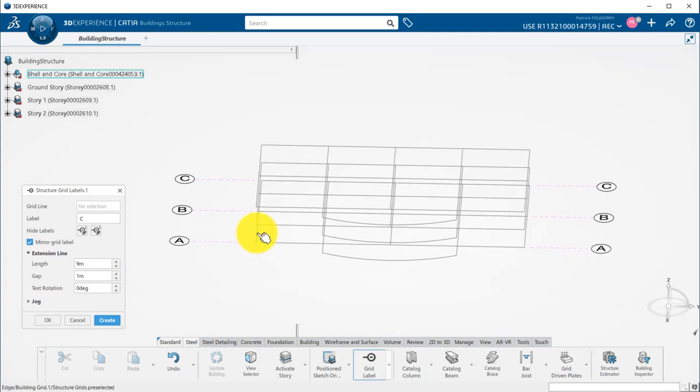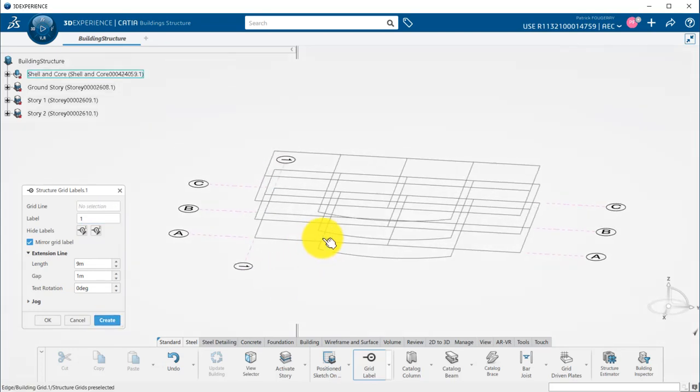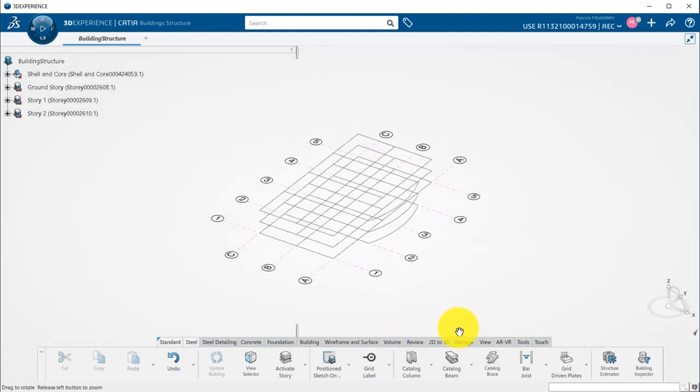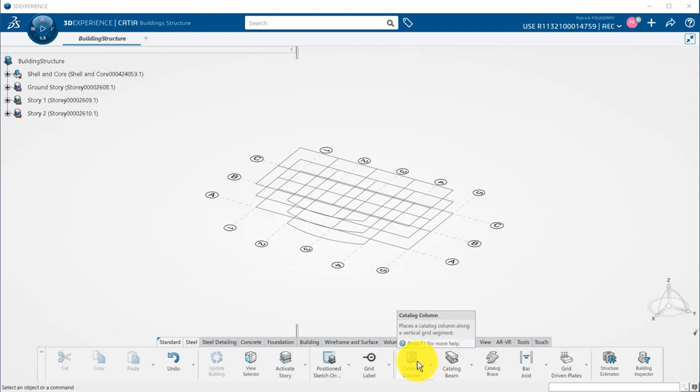Then I will change the vertical labels to a number, and those are also automatically incremented while picking new grid segments. Now that my grid is defined and my labels are all set up, I can go to the Catalog Columns command